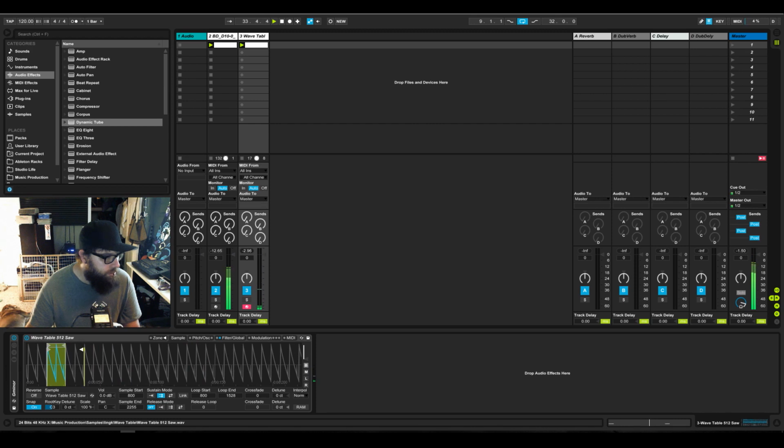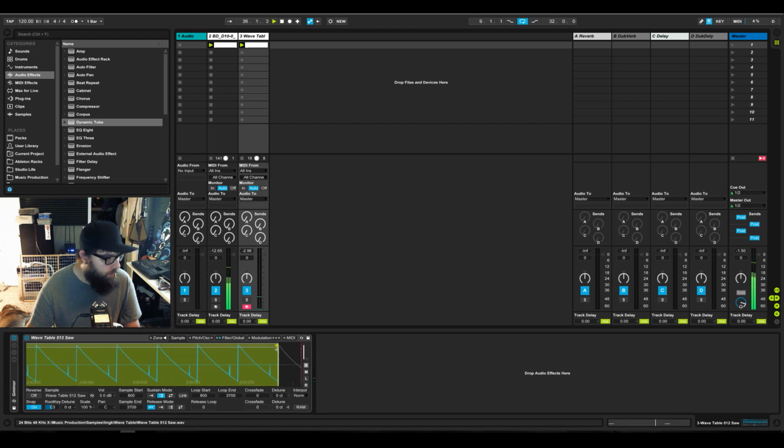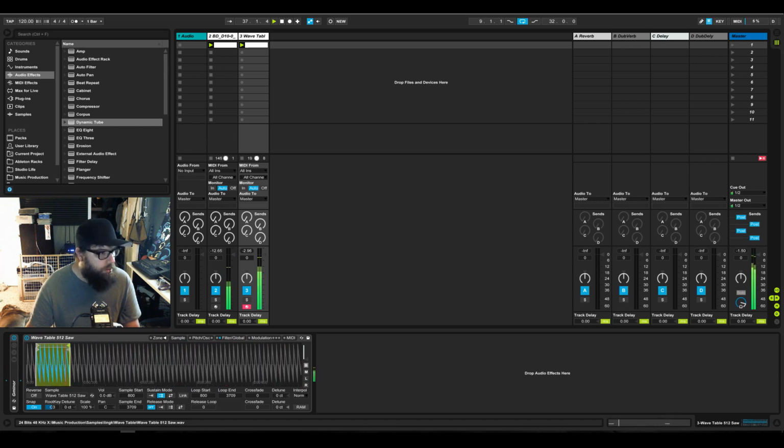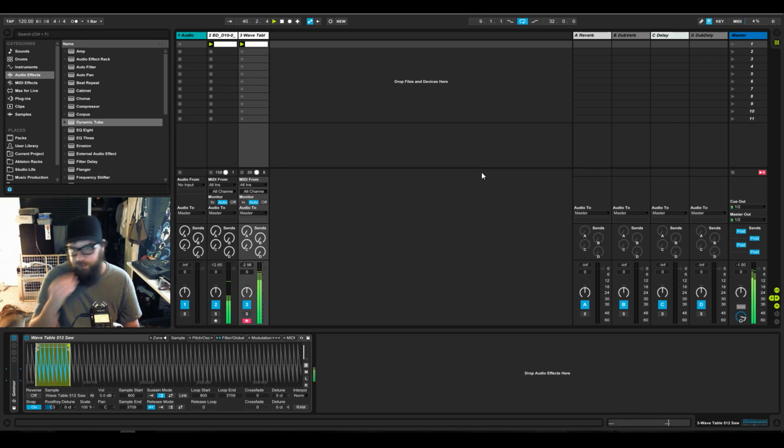Probably have to make this a little bigger. There we go. So that way it will kind of emulate the oscillation of an oscillator on an analog synth. See how it just keeps going like that?